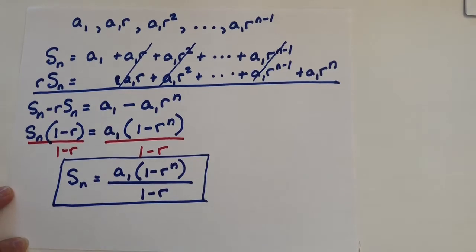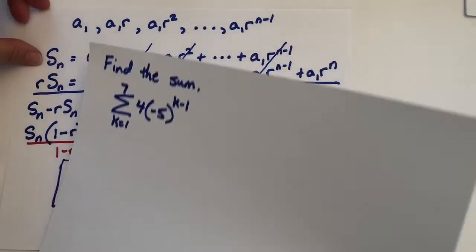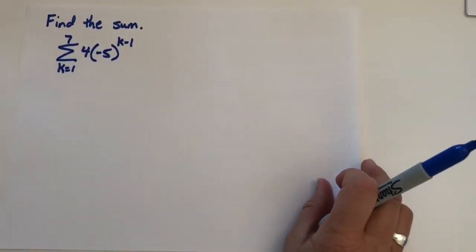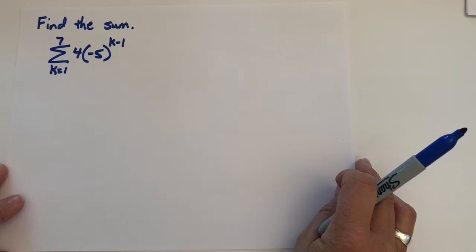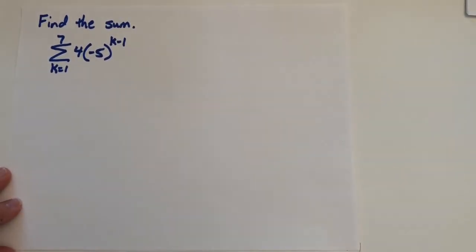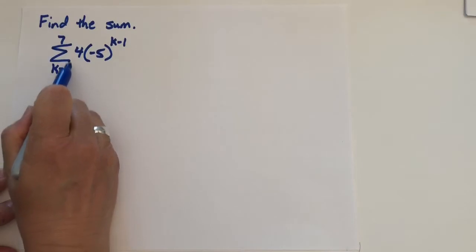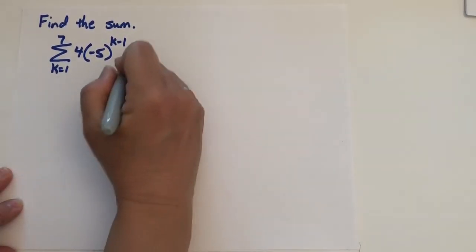So let's do a few problems. Let's start with this one. Find the sum. And I could go straight to the formula. I just find it handy personally to write out a few of the terms. It just helps me think it through. We only have 7 terms for this particular sum,